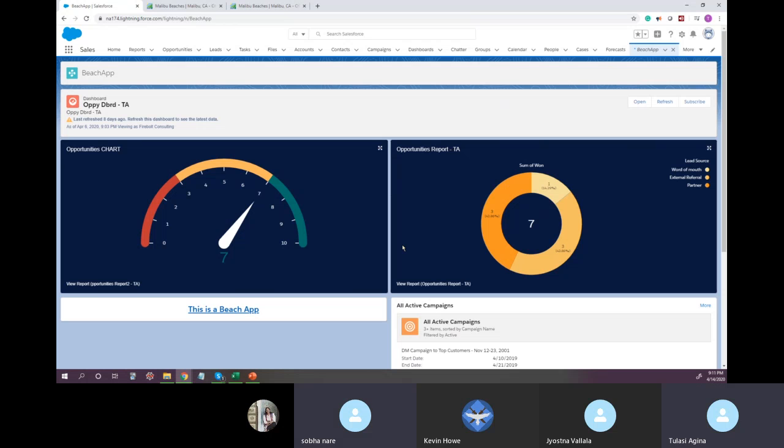So Shobha, for the AppExchange, were you able to finish your installation or did it not fully work? I'm able to install the app, but I can't finish the Trailhead one. Okay. So what we can do is maybe tomorrow you can just share your screen and we can walk you through it. But now that you know how to install the app,